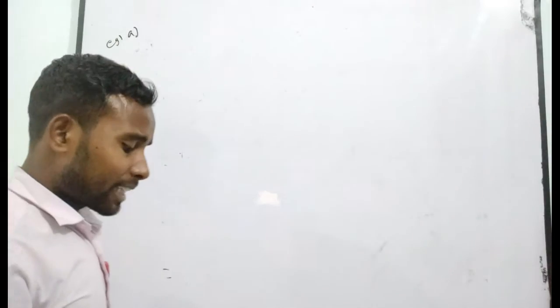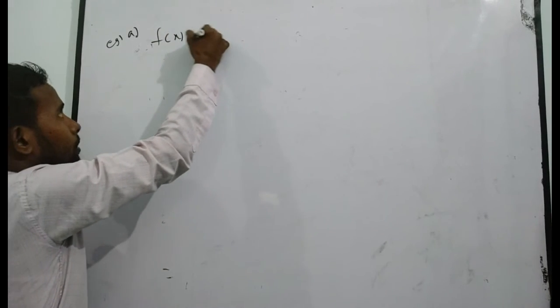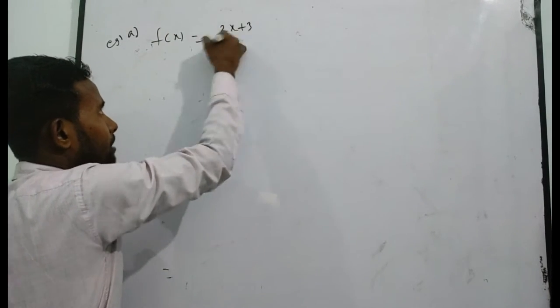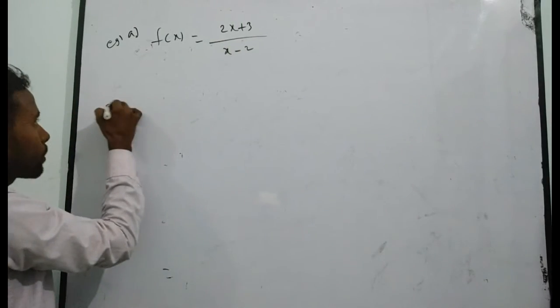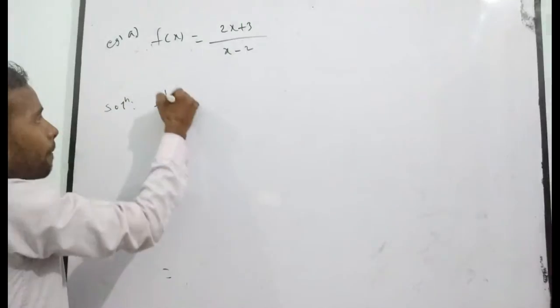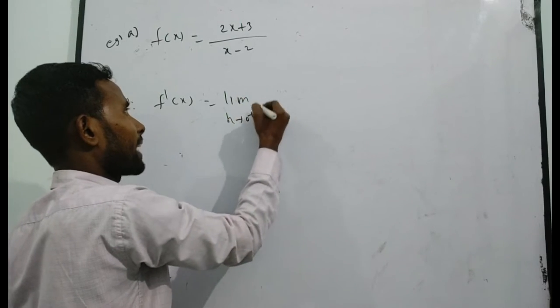Find the derivative of the following function by first principles. f(x) is equal to (2x + 3) divided by (x - 2). Solution: f'(x) is equal to, as you know, the limit as h tends to 0 from the right-hand side